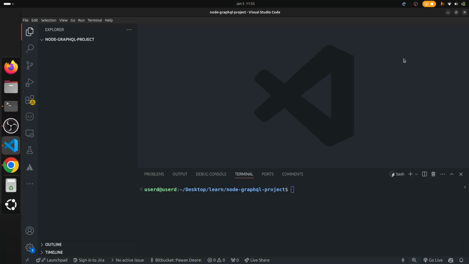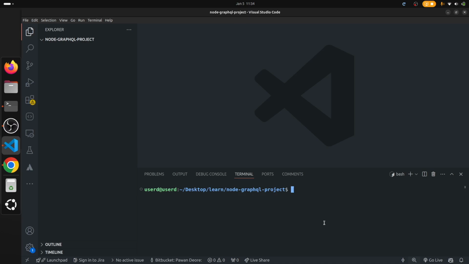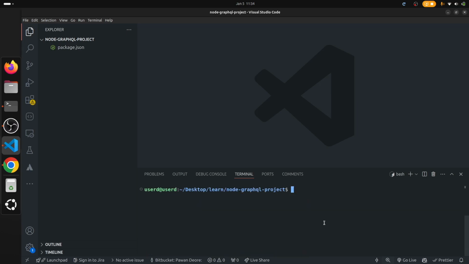We are going to build GraphQL APIs with the help of Node.js. So create a new project folder and open it in VS Code. And here we have opened the new terminal using this option. So the first step is we will initialize our project with npm init -y, and then we need to install